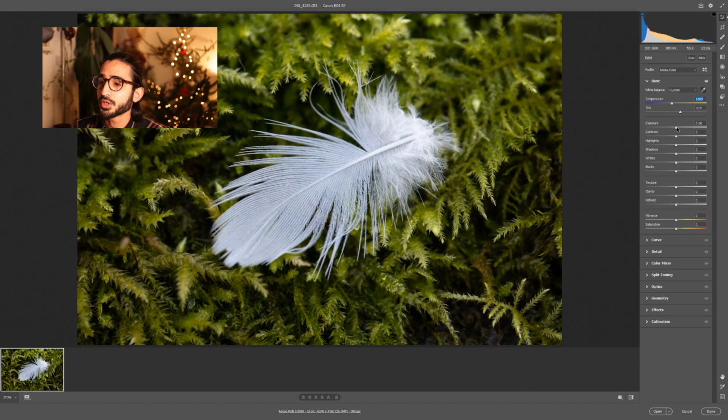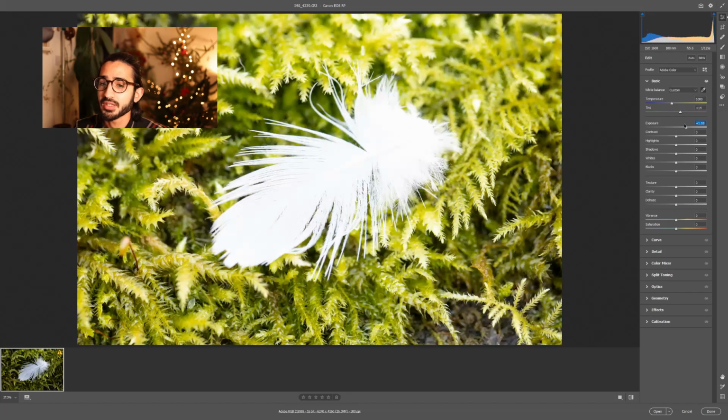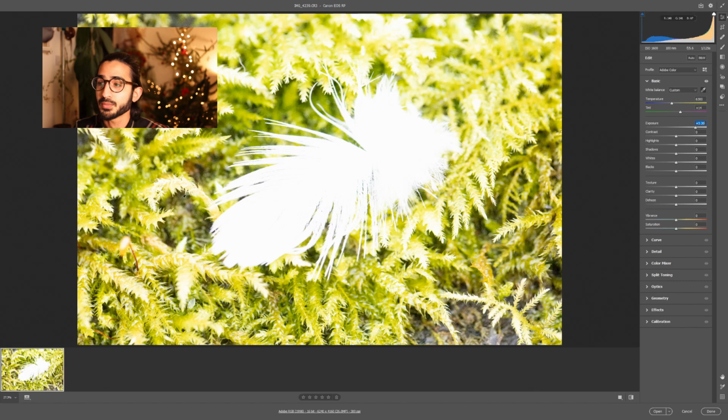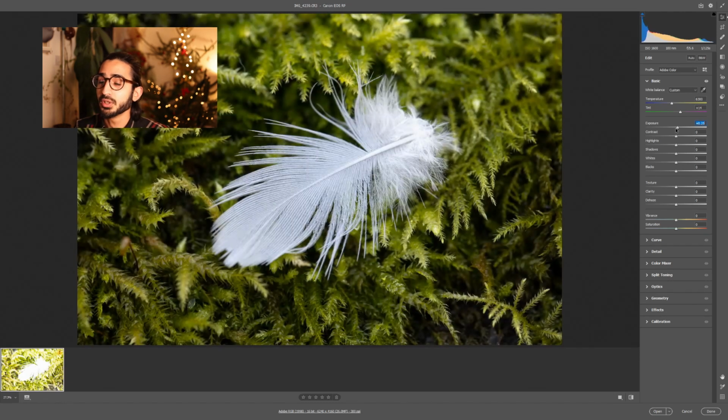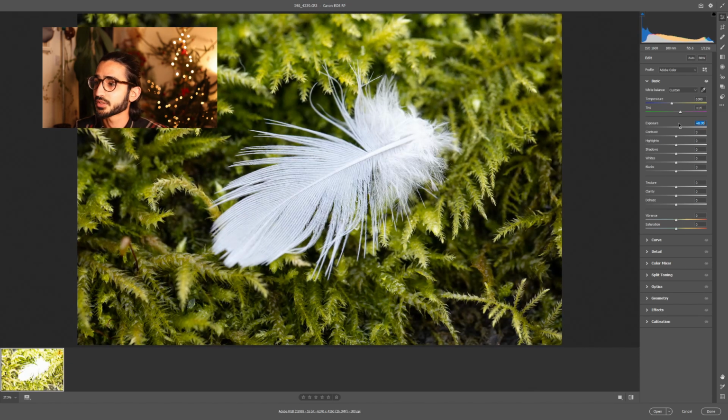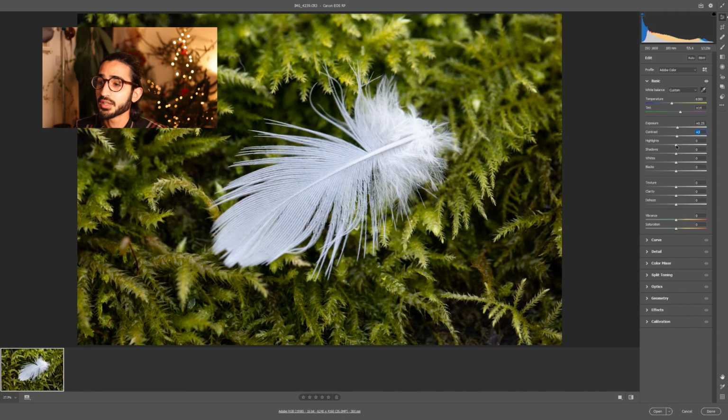You can correct for exposure and you can see how much detail there is. Certainly in the shadowy areas there's more detail there. If you've over or underexposed, you've got a lot of play there to get back some of the image. I want to leave that probably where it is. We can use the highlight slider to bring that down to make sure that we get some texture in the white area. I'll leave that a little bit lower, and then shadows I tend to,